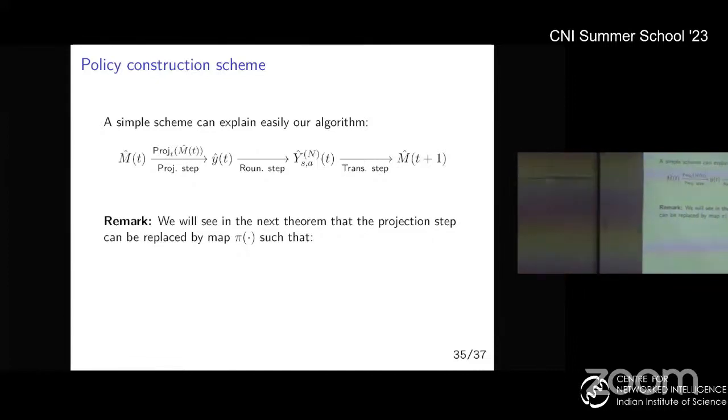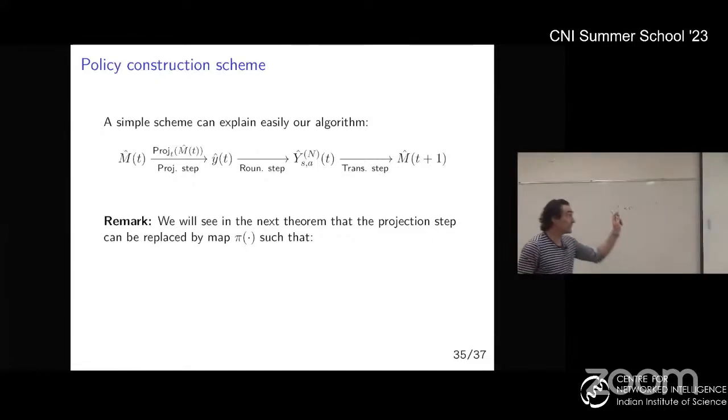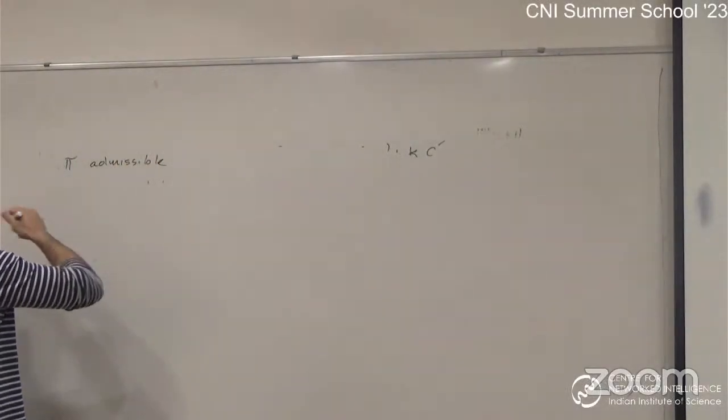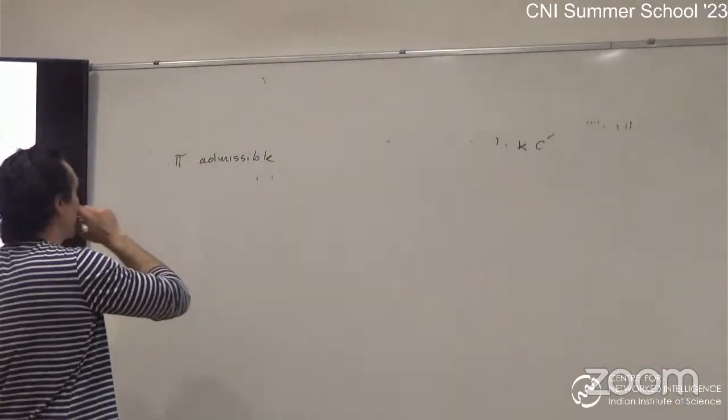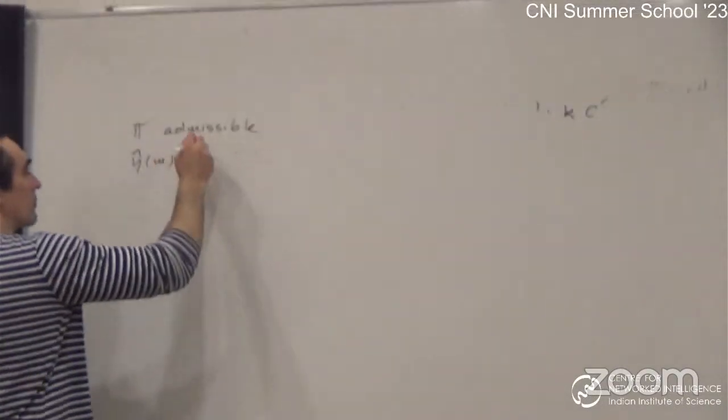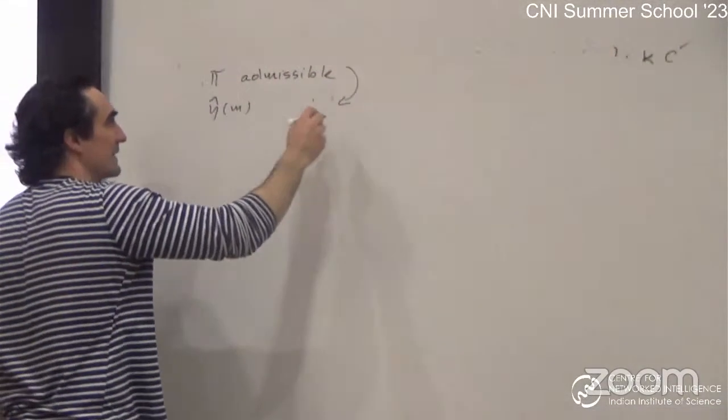It says that pi is admissible, and you use this process. Pi is admissible, and I call it y hat. If you use y hats, which depend on n, so y hat is after rounding,